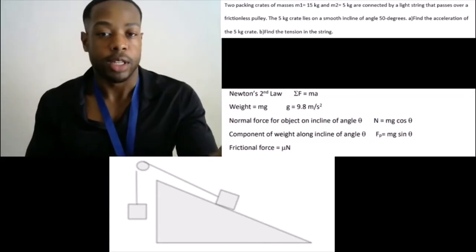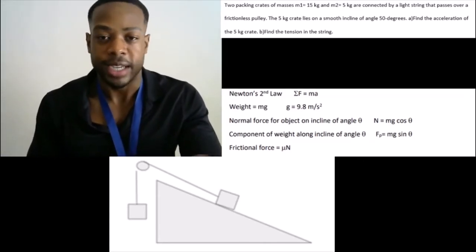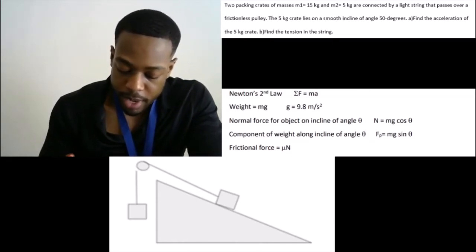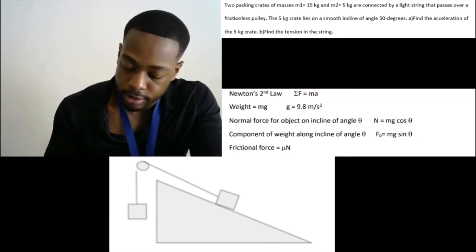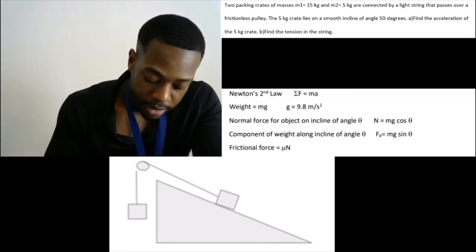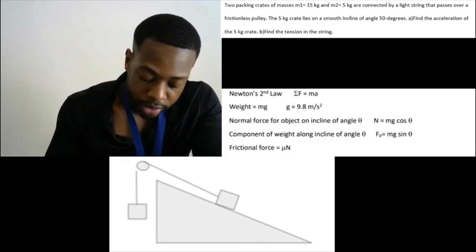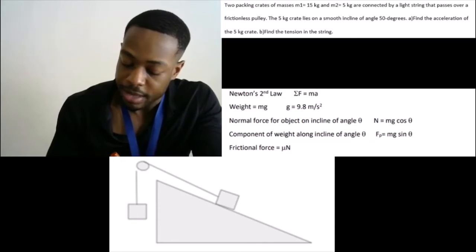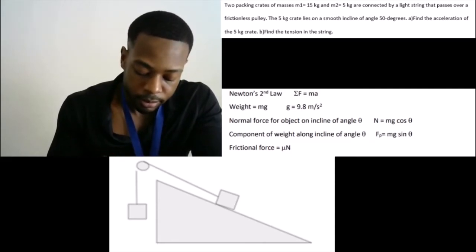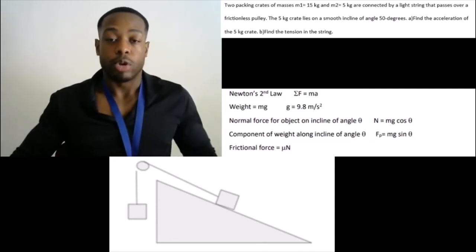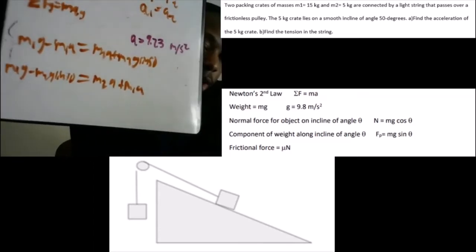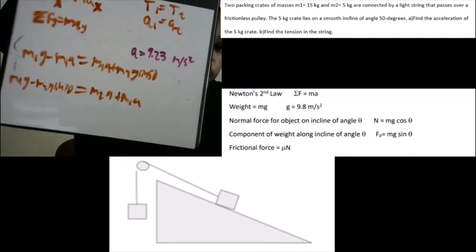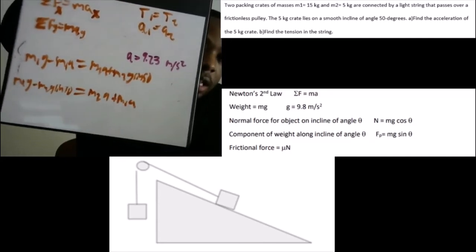The a's by themselves, we're going to leave all the variables by themselves, not going to change anything. So we've got mass 2a plus mass 1a equals mass 1g minus mass 2g sine 50. So just rearranged a little bit. There it is on that second row. Sorry for my bad handwriting, but it's mass 1g minus mass 2g sine 50 equals mass